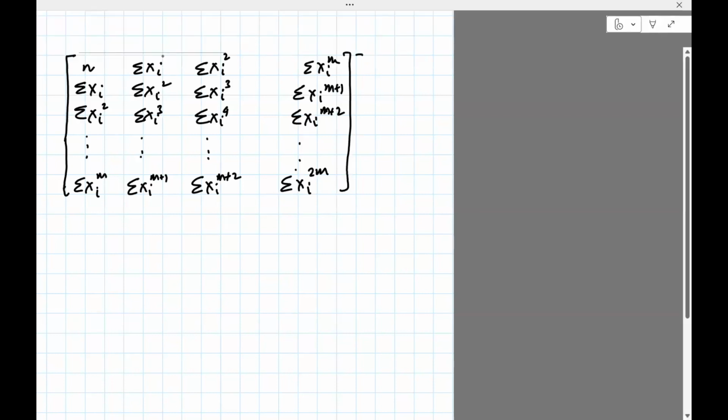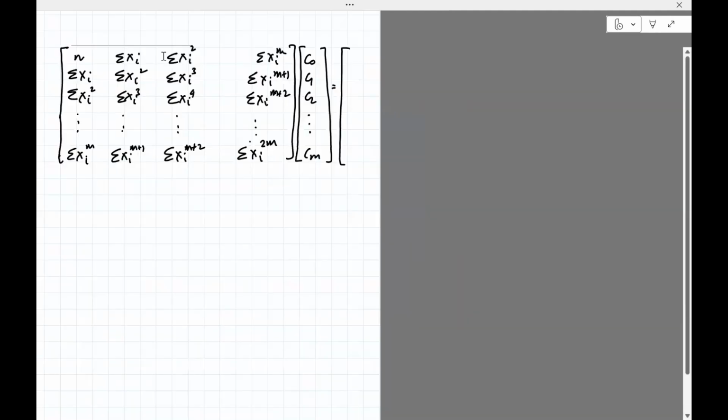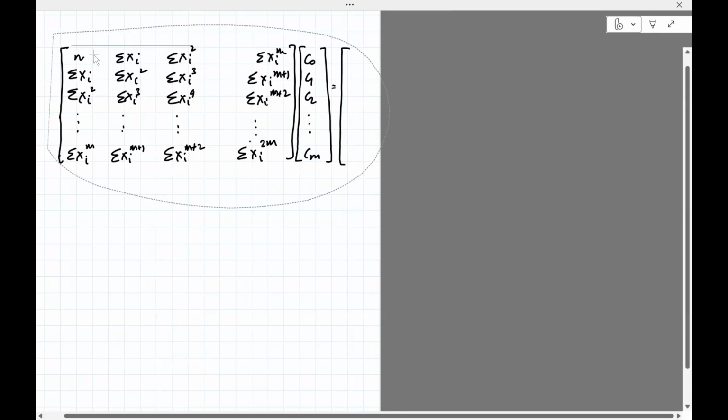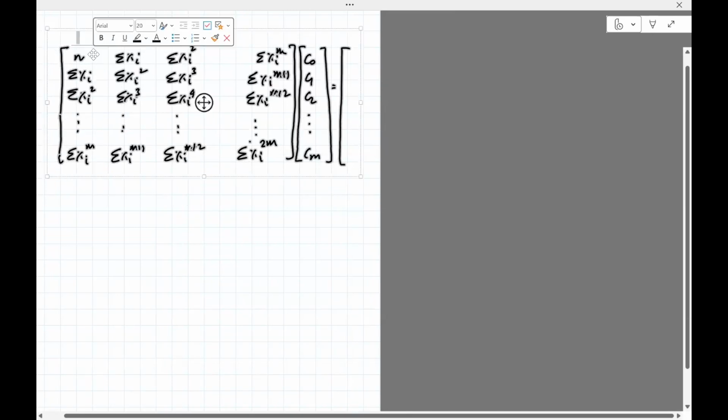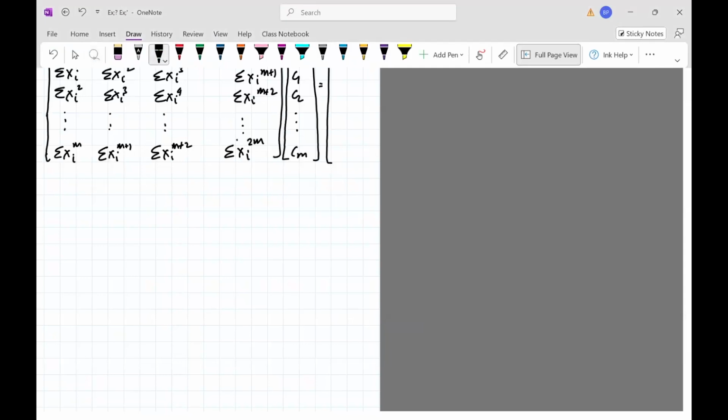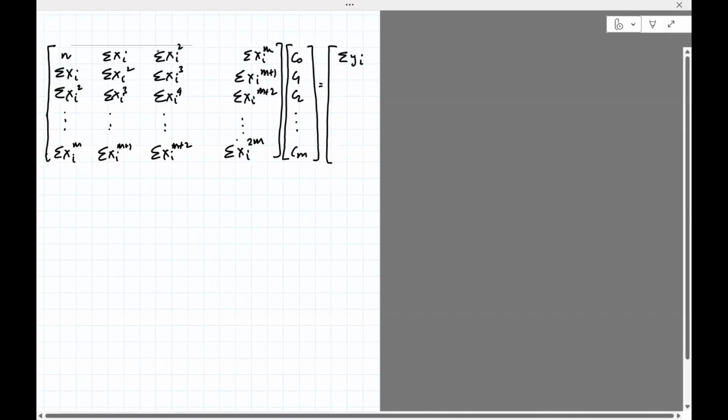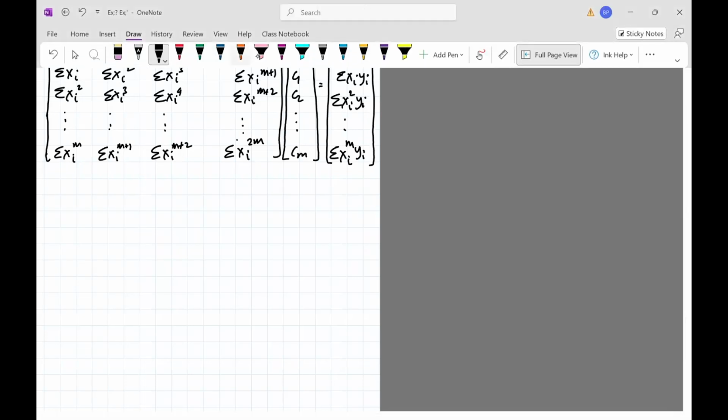Okay, we've done this because we want to isolate the C's. So C0, C1, C2, all the way to Cm equals, what comes here is summation yi, summation xi yi, summation xi square yi, and so on till summation xi^m yi. Okay, so just to make it look better,